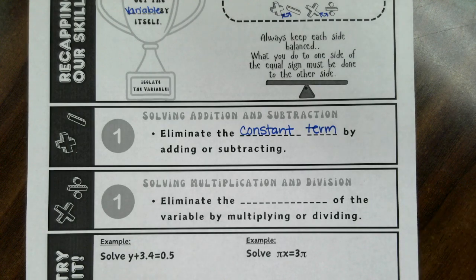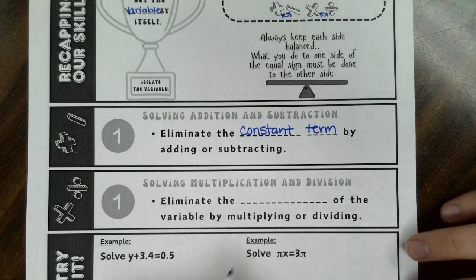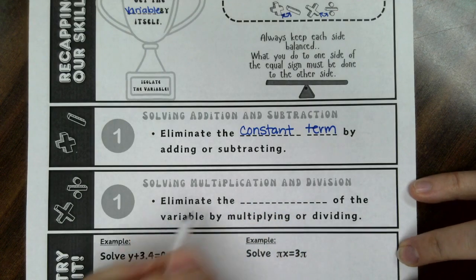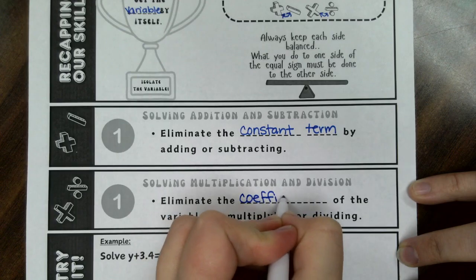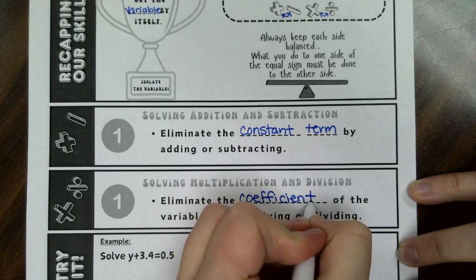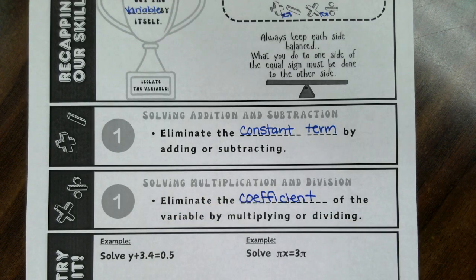Okay, so if I'm solving with multiplication and division, I need to eliminate the coefficient of the variable by multiplying or dividing. So the coefficient, and remember, that's the number that's attached to the variable. So if I had like 5x or